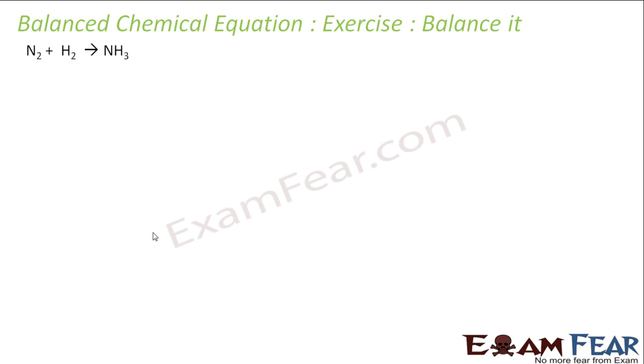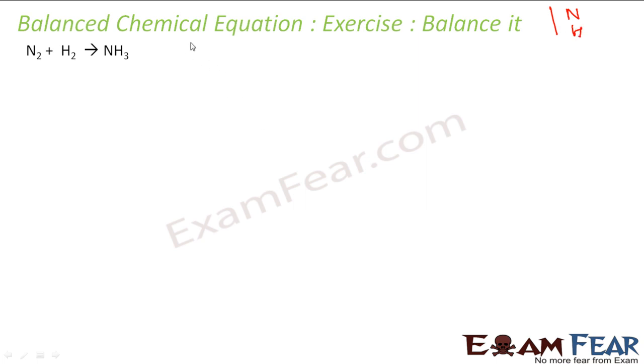Let's take some example to balance a chemical reaction. So we have nitrogen plus hydrogen give NH3. Let's see if it is balanced or not. So the first element will go by priority. The first element we should go for is nitrogen, right? Because there is no metal, non-metal nitrogen is there. But we told that the hydrogen and oxygen is the least priority. The second priority will be for the hydrogen. So first we'll try to balance nitrogen.